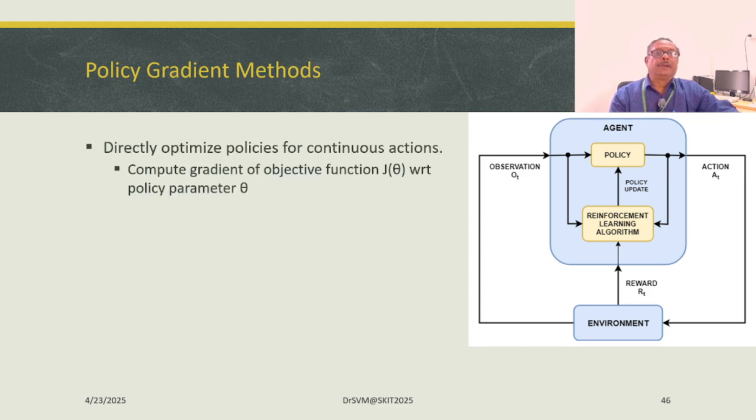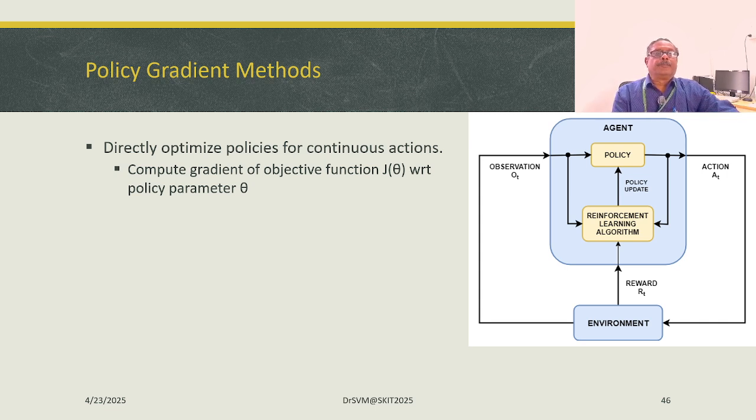The policy gradient methods are ones which directly optimize the policies and are very useful when we have continuous actions. That is, when the actions are in the continuous domain, then it is better to work with a policy rather than the value-based